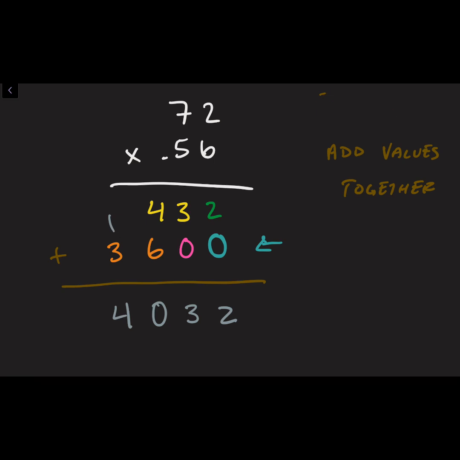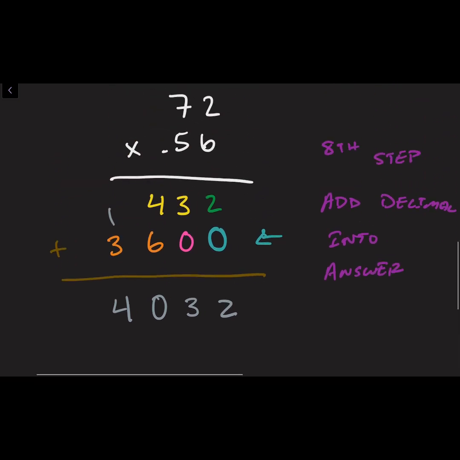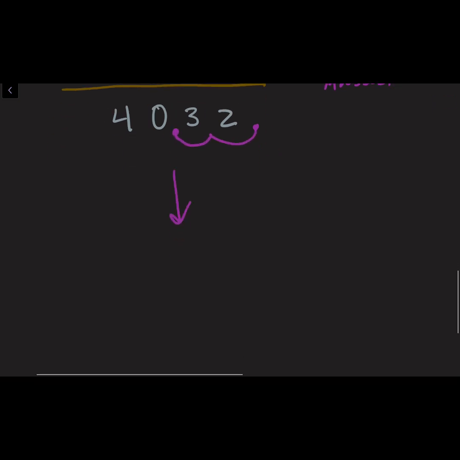Now, once we add our values together, now we can go to our last step of the day. Our last step is we got to add our decimals into our final answer, all right? So we got 4032, and to get our final answer we add our decimals to the answer. We have 2 decimal places. This is our decimal right here. We got 1, 2 decimal places. So we're going to go right here. We got 4032. We're going to go over 1, 2 for our 2 decimal places,